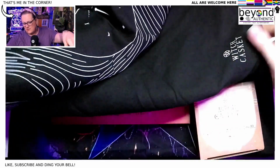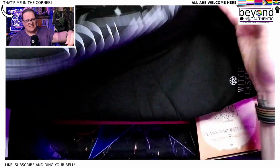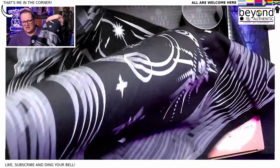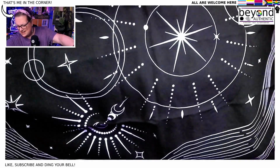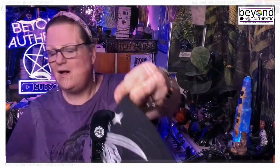What shape is it? Oh, we've got it. So it's a round mat. We've got the Witch Casket logo here on the back side. Again, it's very thick. Is it double? I think it might actually be double, like 2 layers. Yes, it is 2 layers. And that is very cool. Hang on, I tell you what, if I swap the camera over,